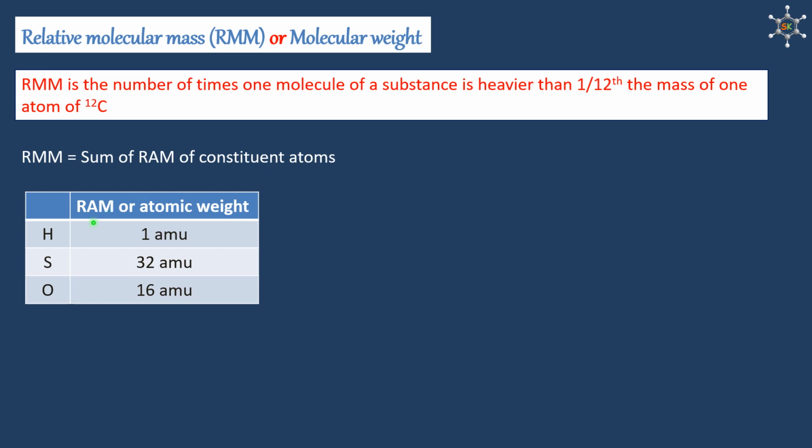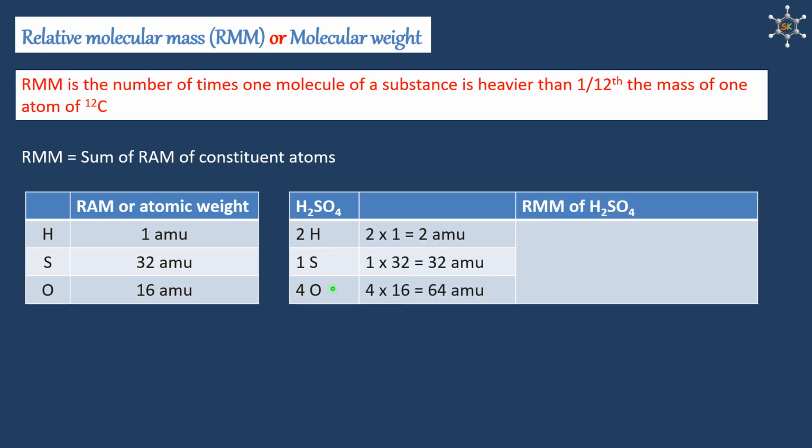Example, we know that relative atomic mass of hydrogen is 1 AMU approximately, sulfur is 32 AMU, oxygen is 16 AMU. If we consider the molecule sulfuric acid, then in that we have 2 hydrogen atoms, 1 sulfur atom and 4 oxygen atoms. If we sum up the relative atomic masses of constituent atoms, then there are 2 hydrogen atoms,